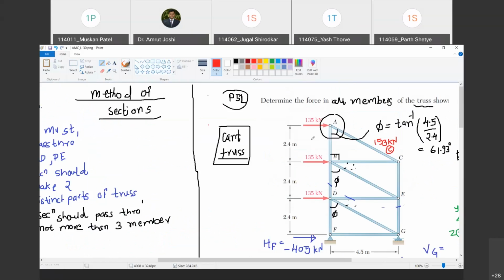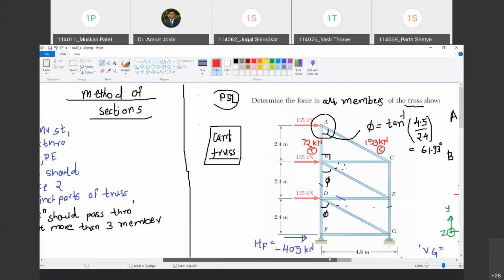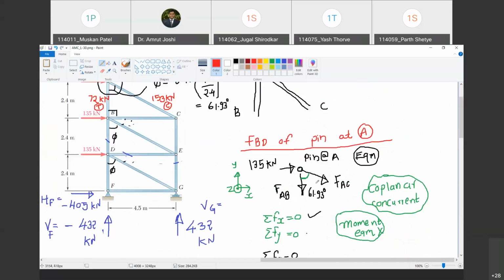So where is FAB? This one. I am going to write down the force 72 kilonewton and tensile. So once I start writing compression and tension, then I do not incorporate negative and positive signs. Are you with me? Yes, sir. So already compression बोला है तो फिर से minus sign मत दो. So 153 kilonewton compressive and 72 kilonewton tensile. These are the forces. Are you with me? Yes, sir. So have we found out forces in all the members at joint A? Yes, sir.